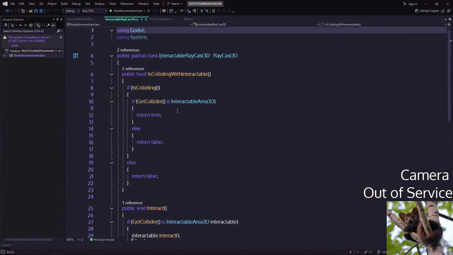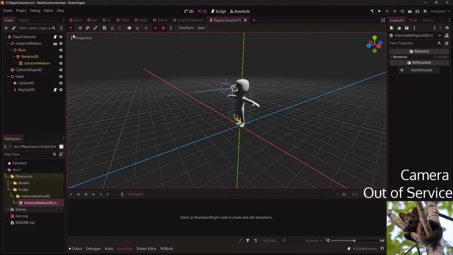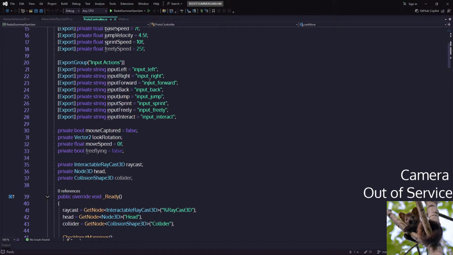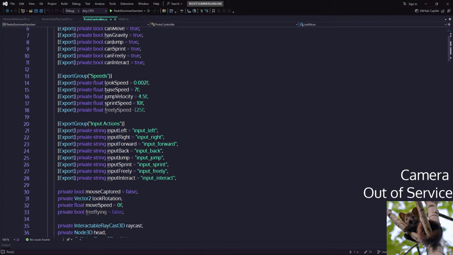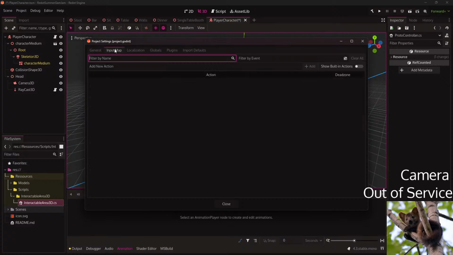Okay, let's see. You know what it is now, right? I don't need that. So these are the input actions that I must create. Let's do that. Maybe I'm gonna rename, because I like this typo.